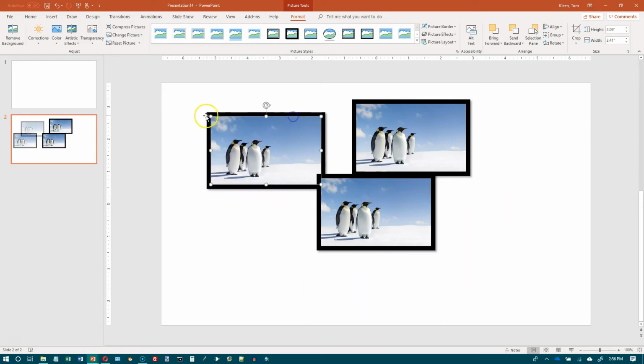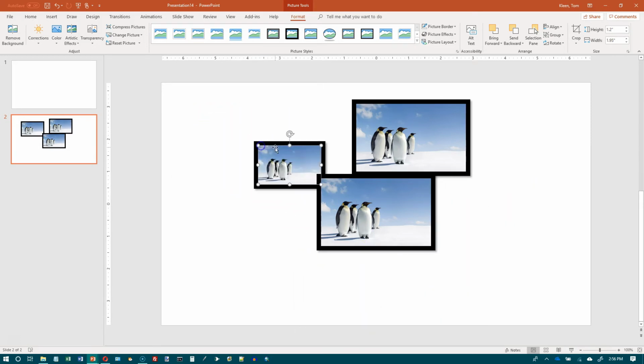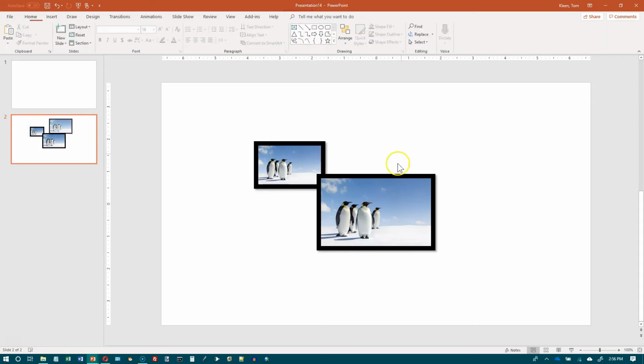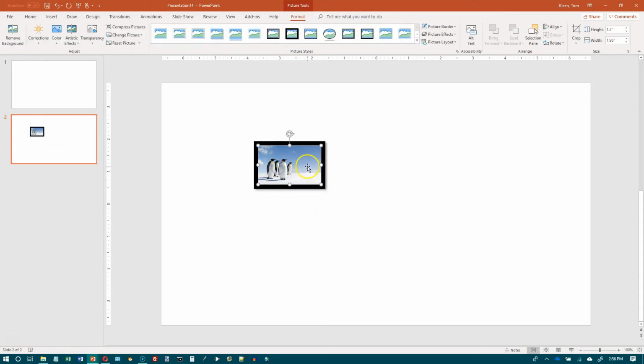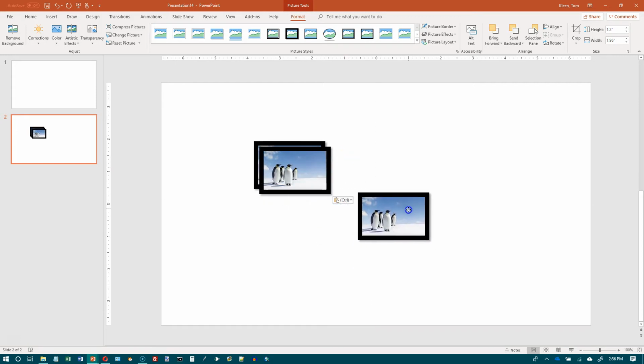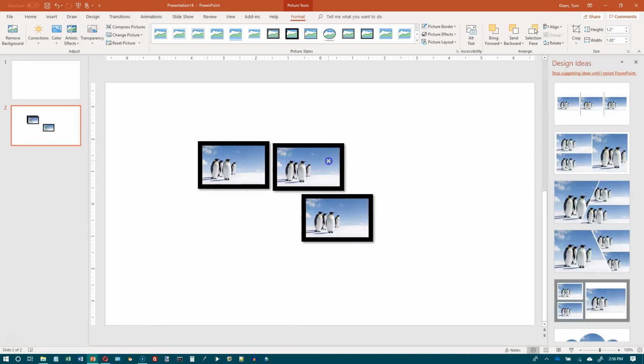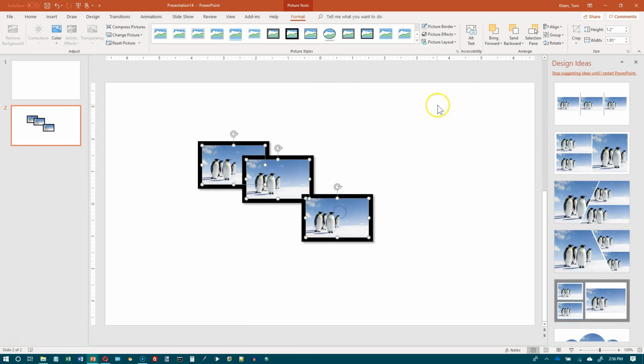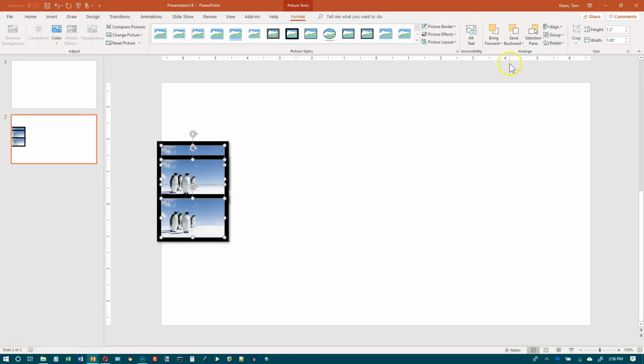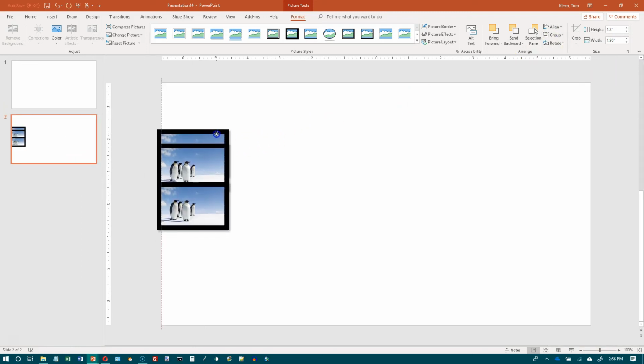Now they're actually all a little bit too big, so I'm going to make this a little bit smaller. I'm going to delete this one here, I'm going to delete this one here, and I'm going to make a copy of this with a Control-C, and then do a Control-V and a Control-V. Okay, so let's just take these and select all of them with a Control click. And then let's go to align, and let's align them all with the leftmost one. And then,